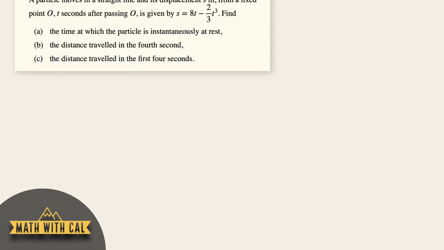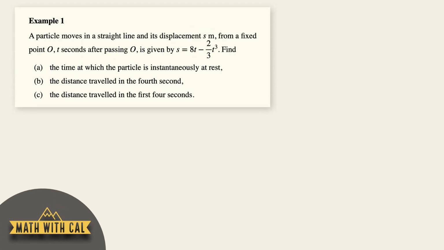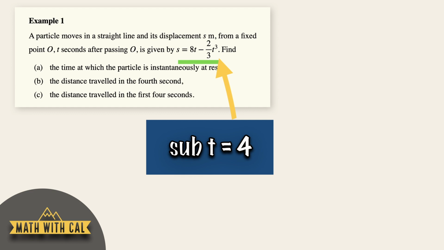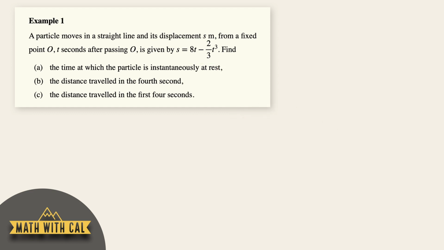Hi everyone, now in this question, how do we even find the distance traveled in the fourth second? Now some students may simply substitute t equals to 4 into this equation here, but that's not correct. So let's see how this can be done properly. Now stick around to the end of the video where I'll also show you the difference between part B and